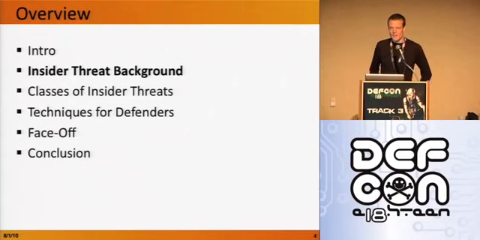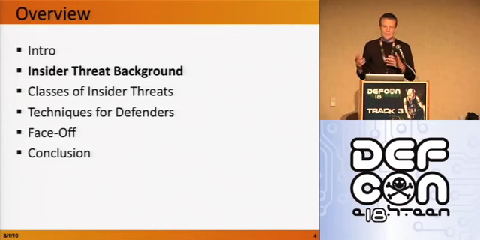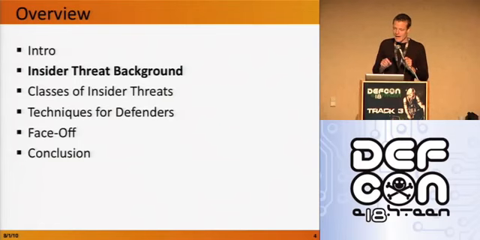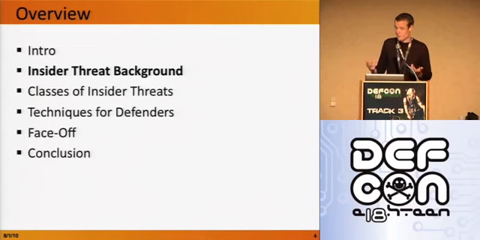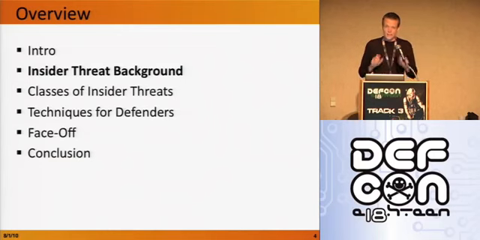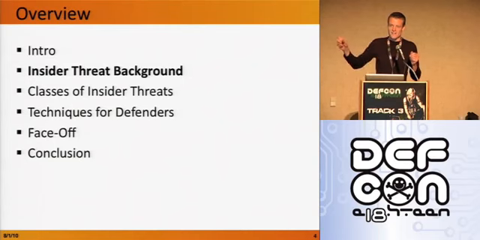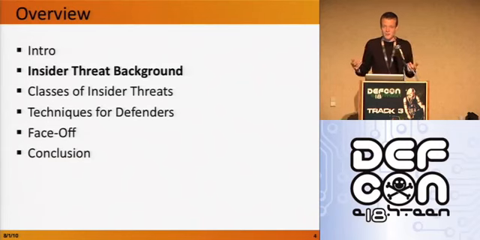So I'm going to get us started today with a little background on what we mean by the insider threat problem, what we mean by an insider, what kind of threat they might pose. Matias is going to go through a series of examples and kind of a classification of the insider threats, the code level that we've identified, and then I'll talk some about what tools people trying to protect against insiders have at their disposal, both in terms of process and technology, and then we'll conclude with the examples that Matias already explained lined up against the defense techniques and the technology that I'm going to talk about, and showing you in the real world what we can actually accomplish today in terms of identifying insiders.